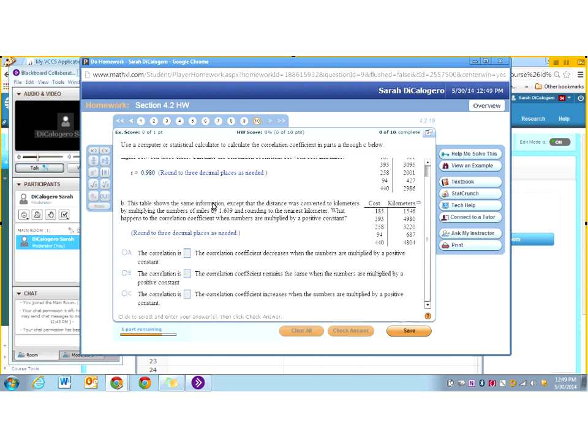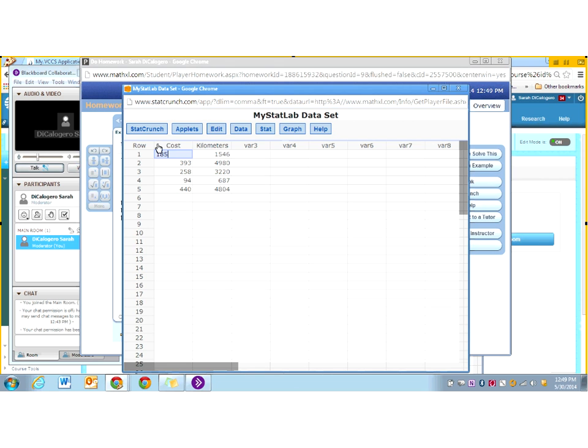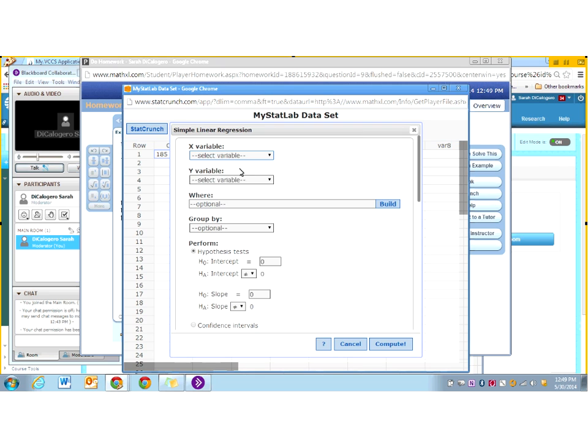All right. Now here, same idea, but distance is converted to kilometers. So the question is, is the correlation coefficient going to be the same, higher, lower? Well, let's see. Again, click here to open this data in StatCrunch. Cost versus kilometers data. Stat, regression, simple linear,